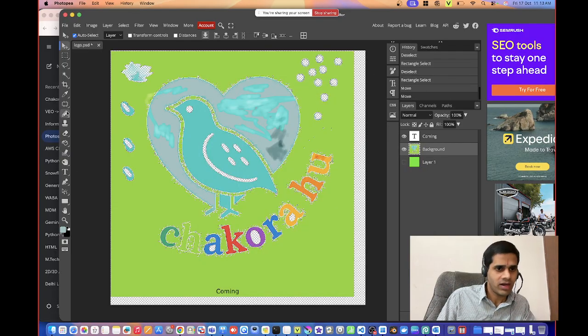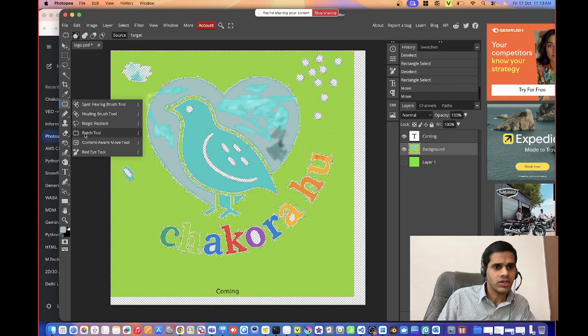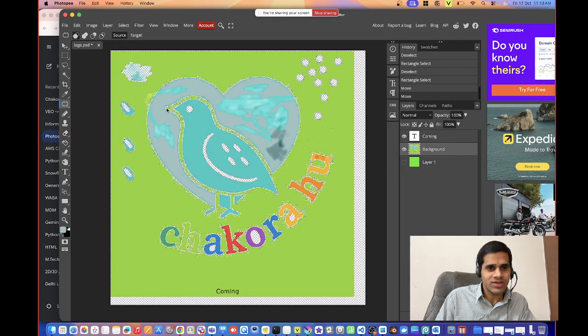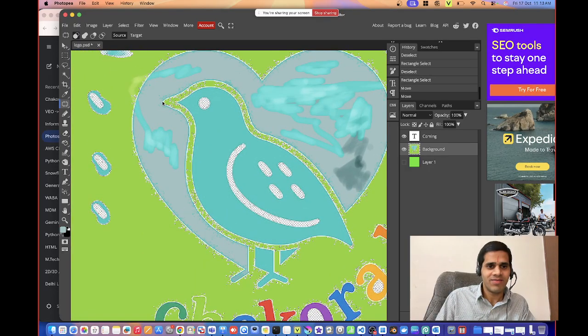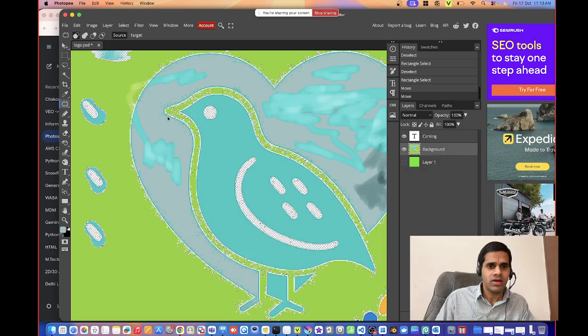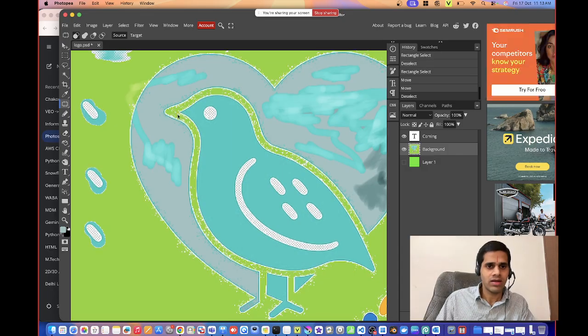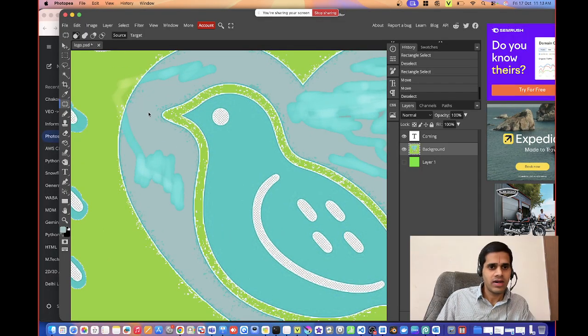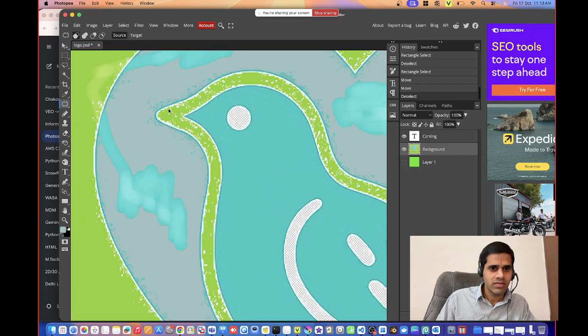Now quickly, there are a few tools like the patch tool. Let us say there is a requirement that this particular bird's nose needs to be more sharp; it is a little blunt here, and it has to be more sharp. Then what you need to do is some patching here, right? So first do Command D, select this one, go to the patch tool, and select this particular region. Whatever patching you need to do, you know, right? Like